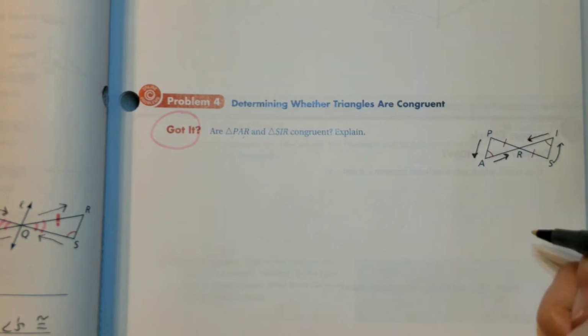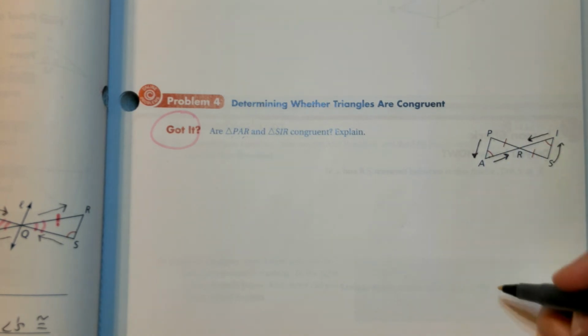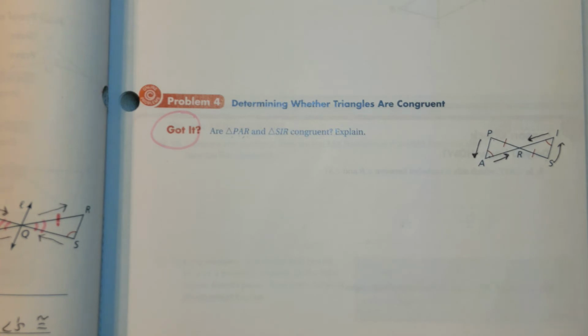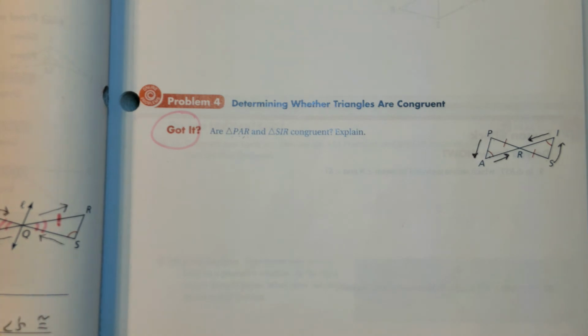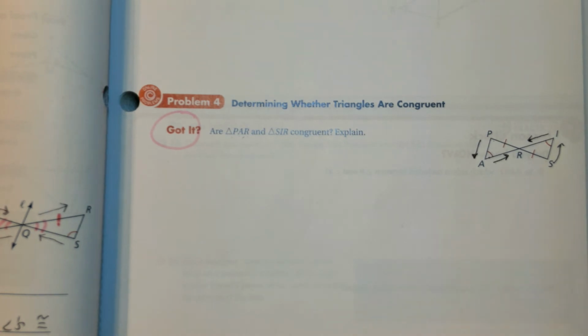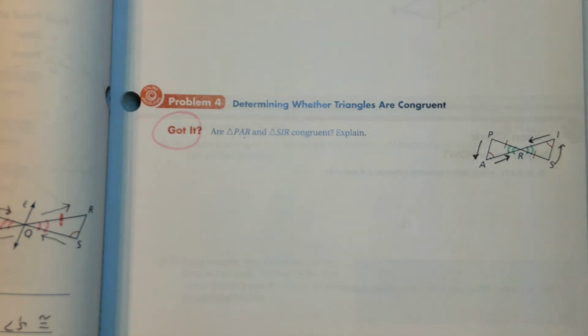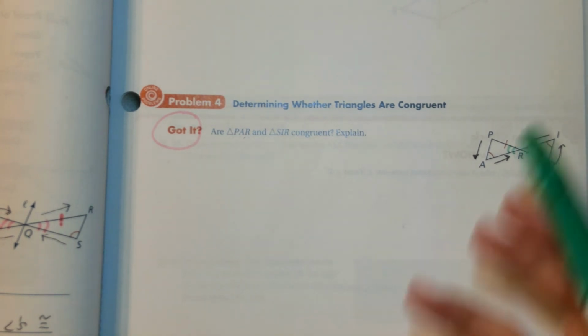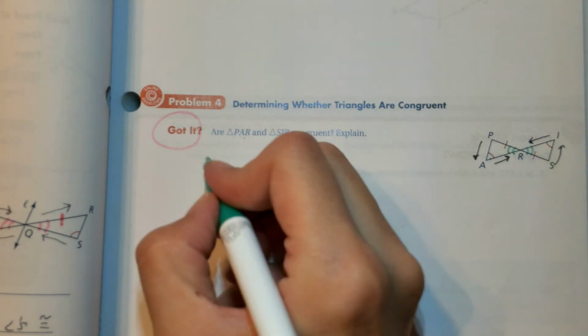So what do you think? Are those congruent, and why? They only have one angle and one side marked. So as it is, without me doing anything, I would have to say no, they're not congruent. However, I do see something I can mark with a pen. So think about, what did I just mark over here? You can kind of see it still. What did I mark there that I could mark here also? So you should be thinking you can mark vertical angles congruent right there. Okay, and then that helps us because now it is angle, angle, side. Angle, angle, side. So I would say yes,